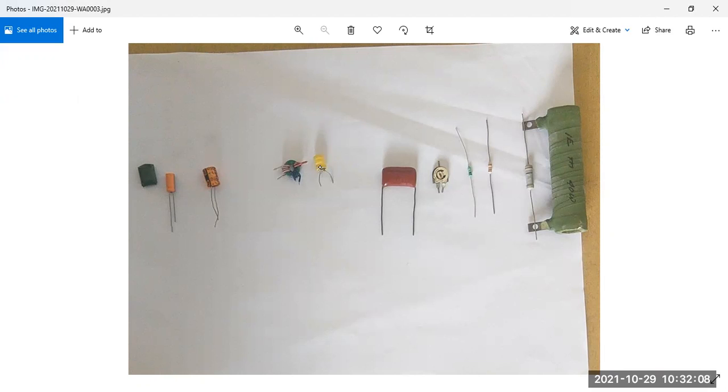Look, this is also an inductance, this is also an inductance, and these are the capacitances. I will talk about capacitance later. First, today our topic is inductance. So these are the inductances. Okay. Look, in case of inductance, two legs are equal. Okay, and in case of resistance, two legs are equal. But in case of capacitance, you can see the two legs are not equal.